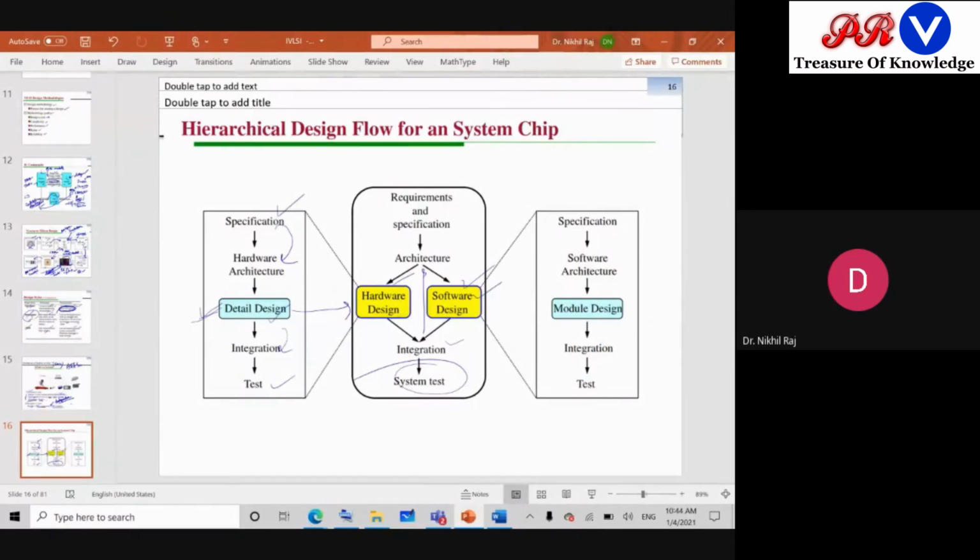Okay, and software design means what? If we elaborate the software design, it means specification and then the software architecture and the module design. Okay, module design means